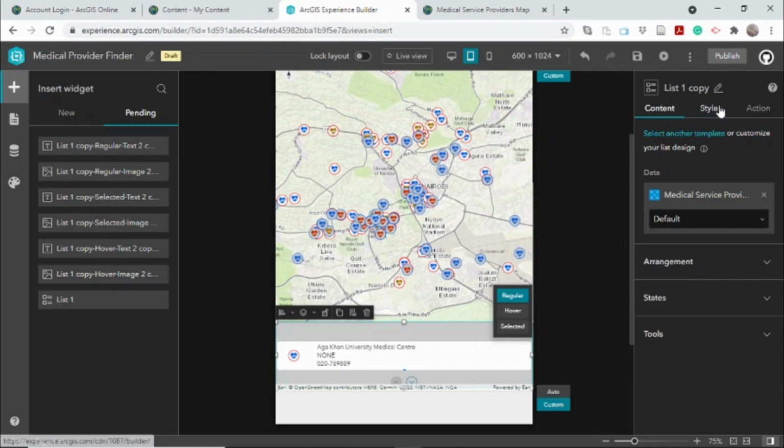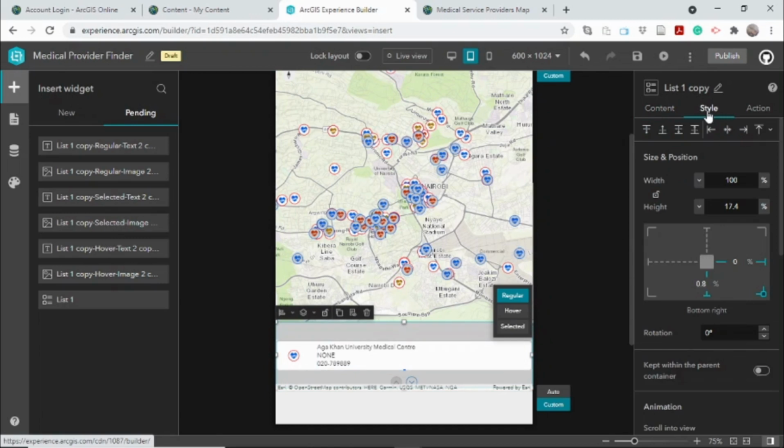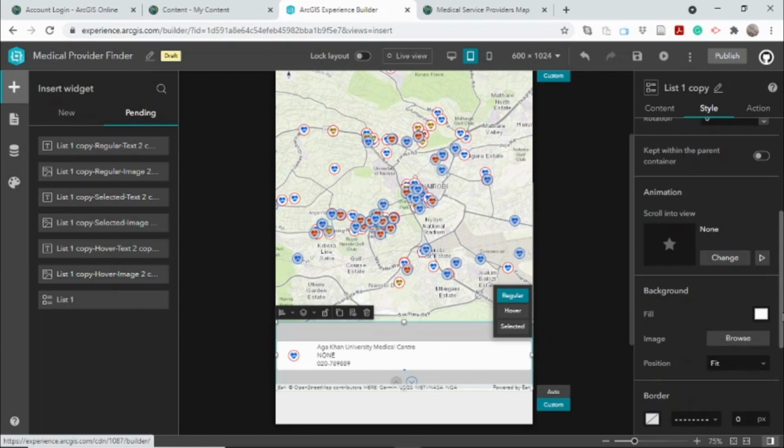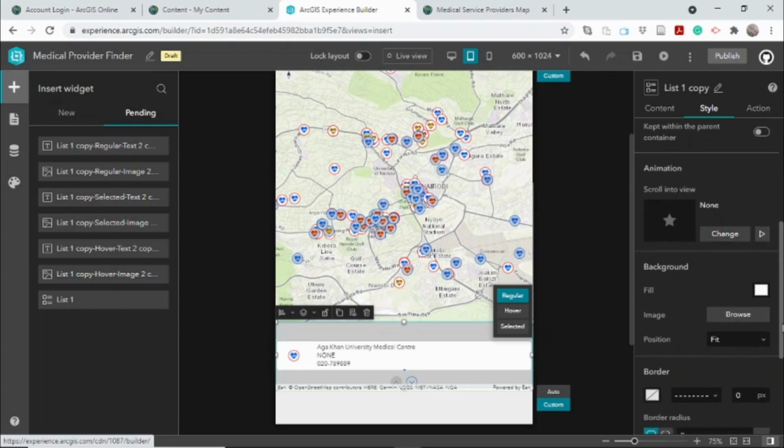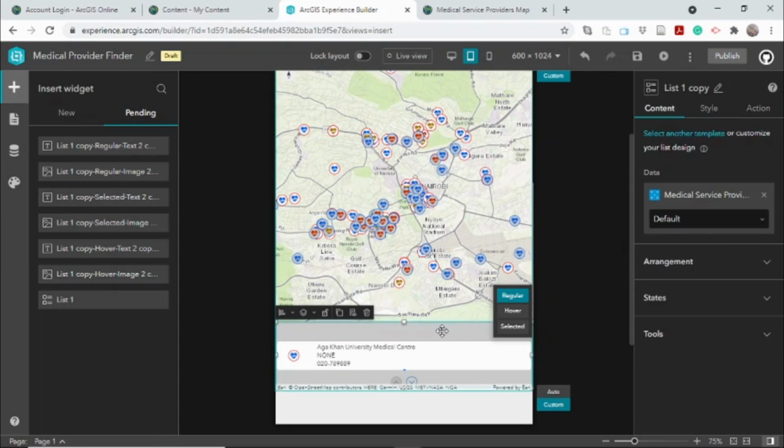I'm also going to make a few changes to my list, because you can see now I'm editing the list copy. I'm not actually editing the list that has been used in the desktop form factor. I'm going to change a few things. As you can see, the list still works as it did before. Now that we have the list in position,